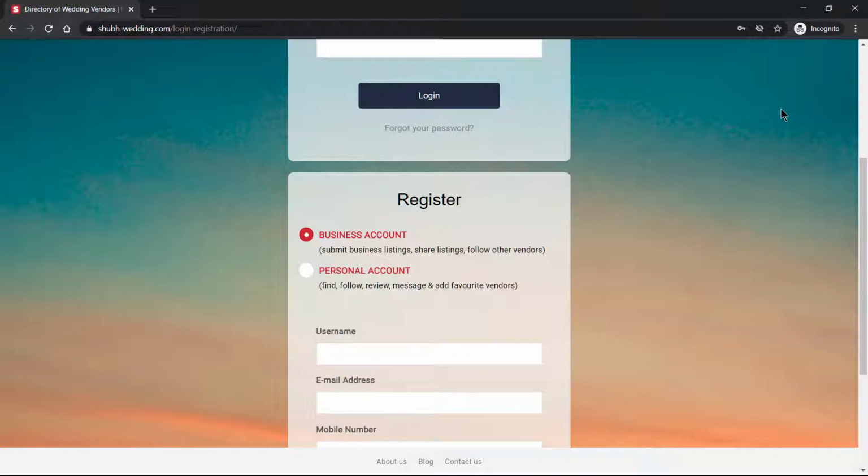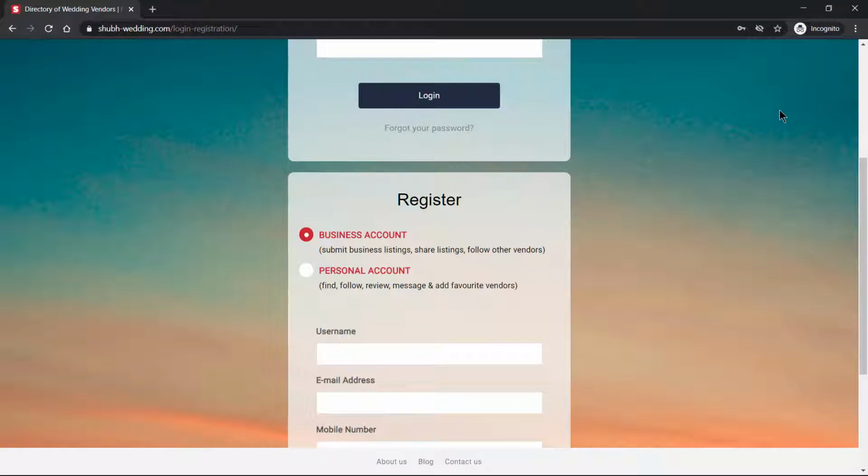Through the personal account, you can search your choice of vendor. You can provide your review for a particular vendor. You can mark any particular vendor as favorite, or you can follow any particular vendor.